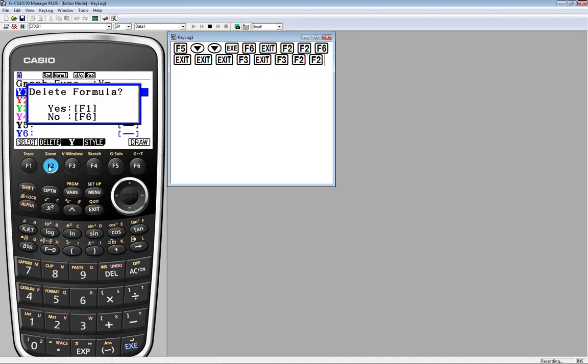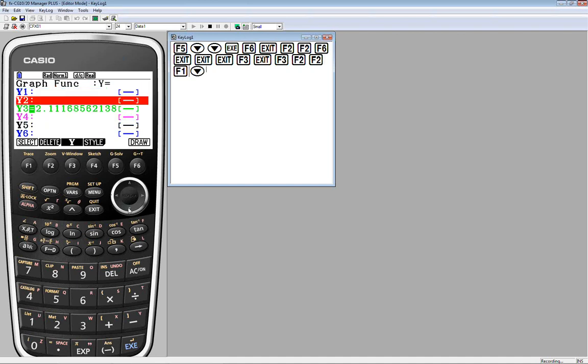And I'm just going to eliminate that first one because that's something old. Okay, so what I have here is the line, if you will. What I'm interested in doing is now I'm creating a new function by taking 10 raised to that expression. And the easiest way to do that is 10, and then the power key from row 3.